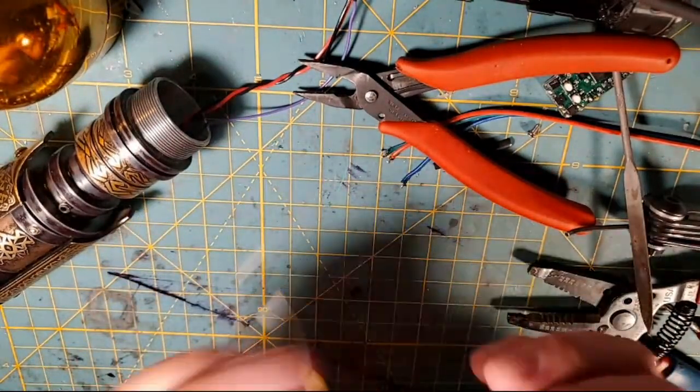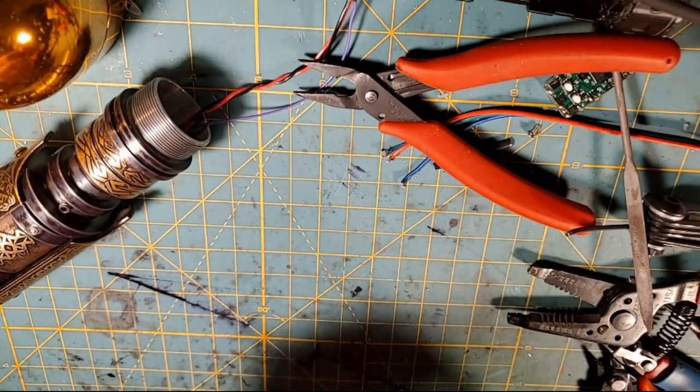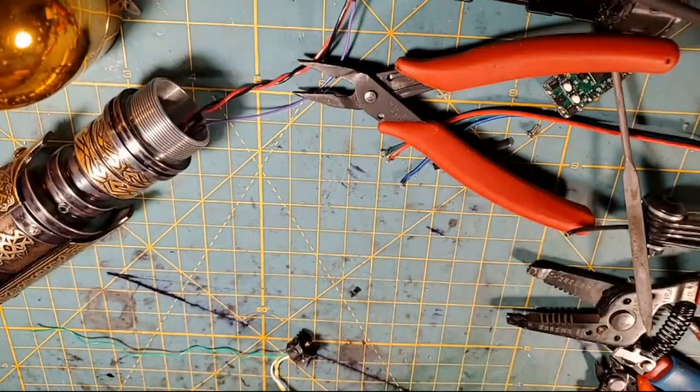Okay, so we've got a successful test on this, so we're back where we were like 30 minutes ago, right? That totally stinks. But now I think what we need to do is we need to...